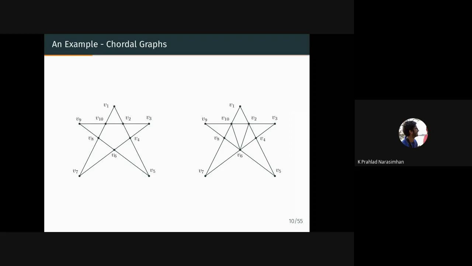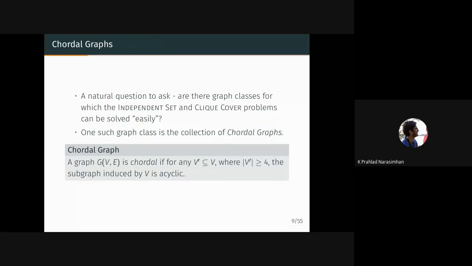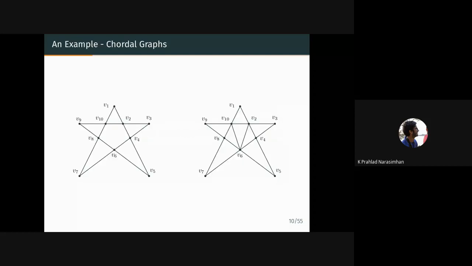So just notice one thing, that I'm not claiming that there must be no cycle of size greater than or equal to 4. That's not what this says. What this says is that the graph induced by that cycle must not be a cycle, right? Even here, if you look, there's a huge cycle. There's V1. So the whole thing forms a cycle: 1, 2, 3, 4, 5, 6, 7, 8, 9, and 10. This is a huge cycle, the outer one. But it's still chordal because the graph induced by all the vertices together is not a cycle. Okay, that's what I'm interested in.